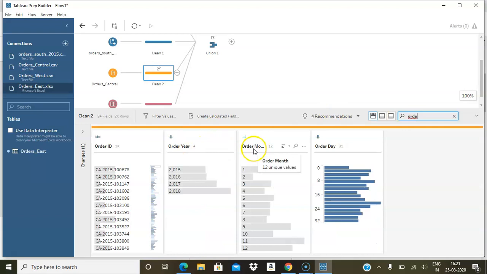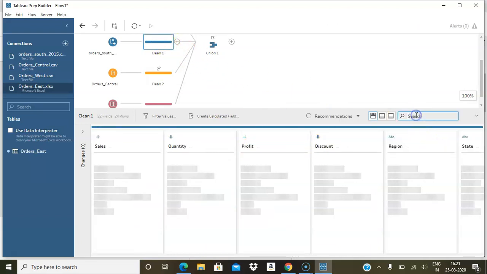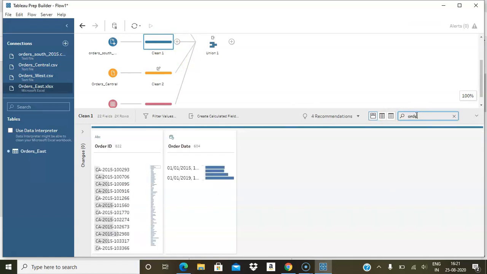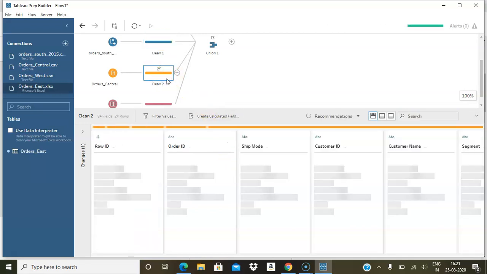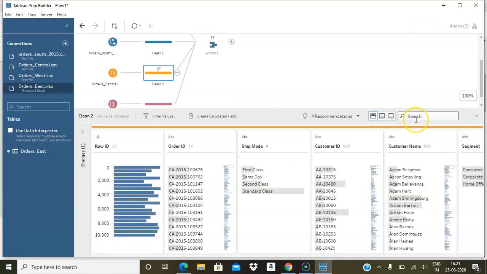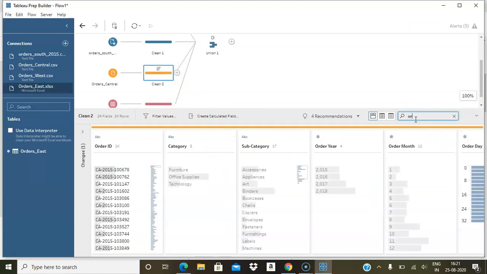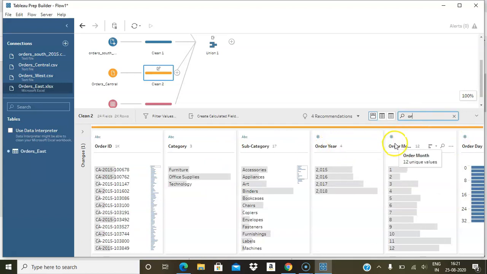Order year, order month and order day. If you check with the other files, we have order date. But in central, it is year, month and day. So that's why it shows a difference.